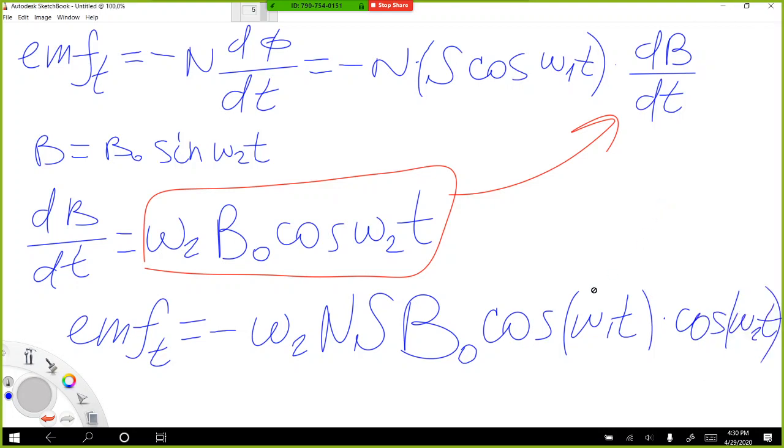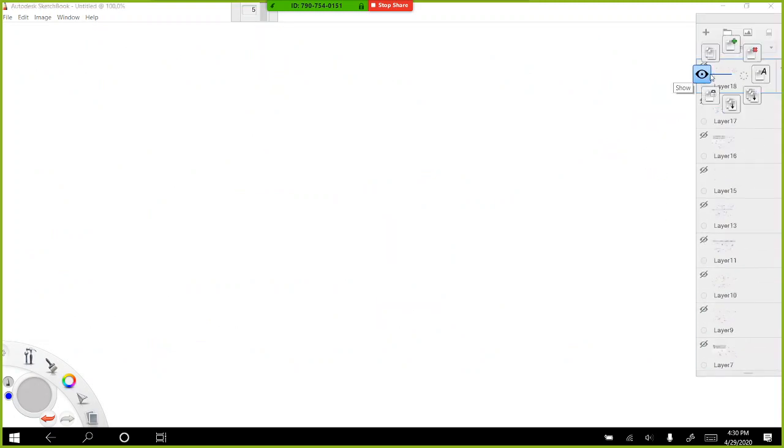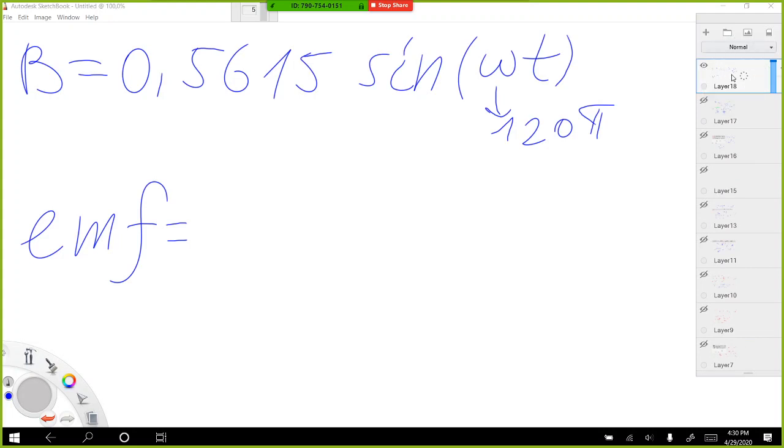The electromotive force due to the change of flux is calculated with this equation, and if we apply this equation here, in our case,